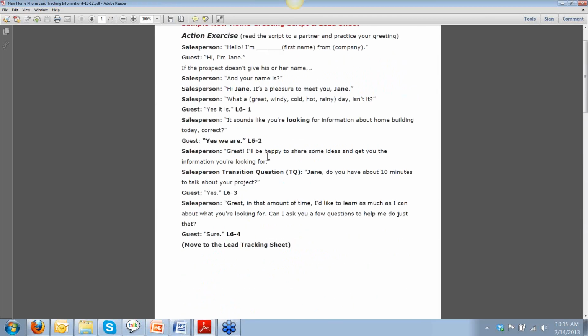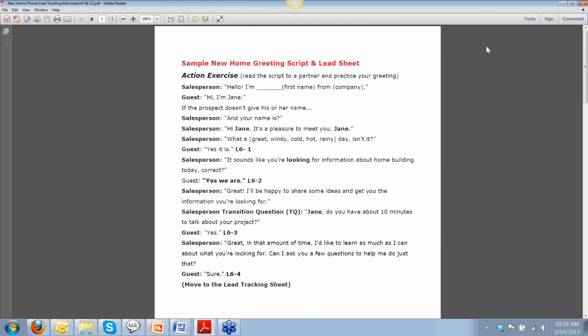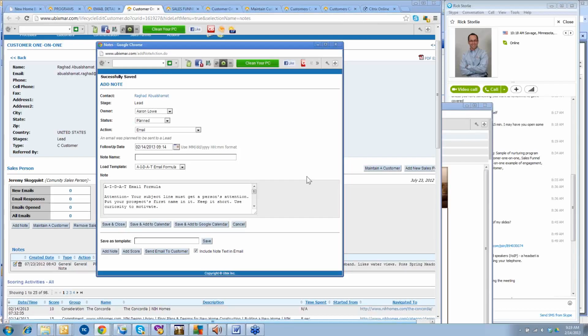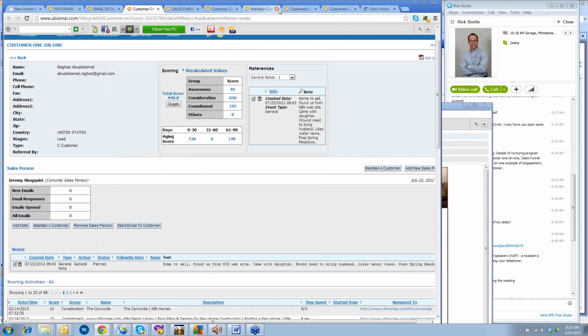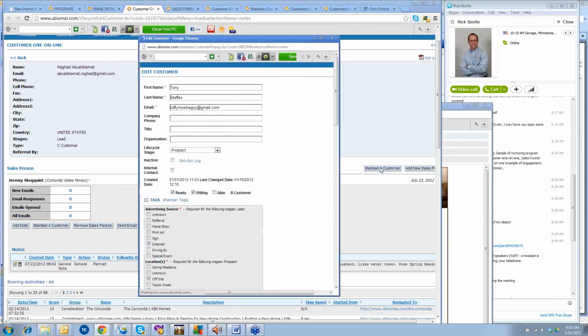So inside Ubix, there's a tagging system. And Runa, I'm going to go back to you so we can look at that tagging system from prospect entry or customer one-on-one or maintain a customer. You're muted again, Runa. That's fine. So maintain a customer. I basically go to maintain a customer, and